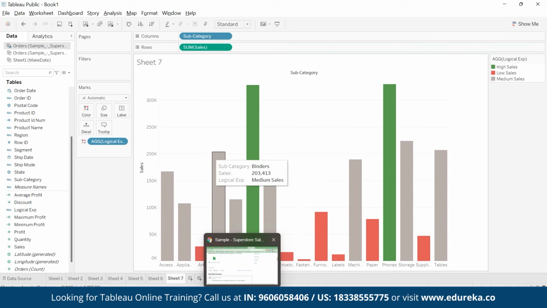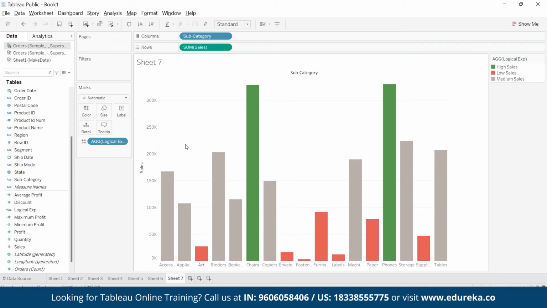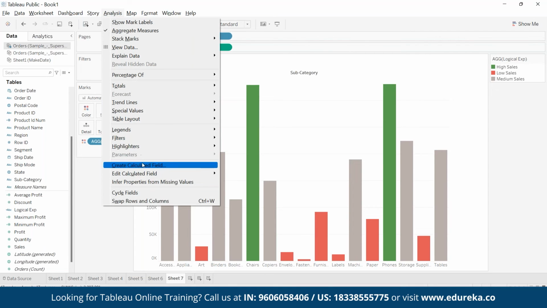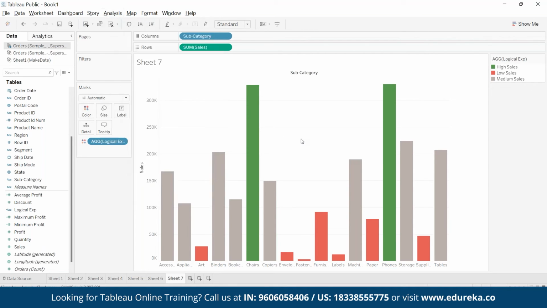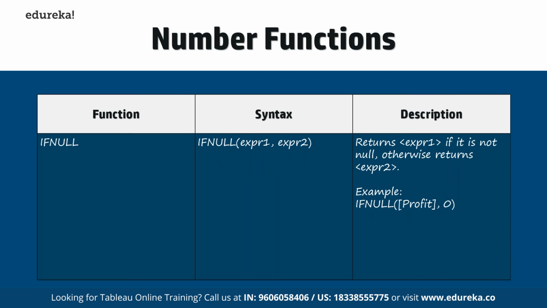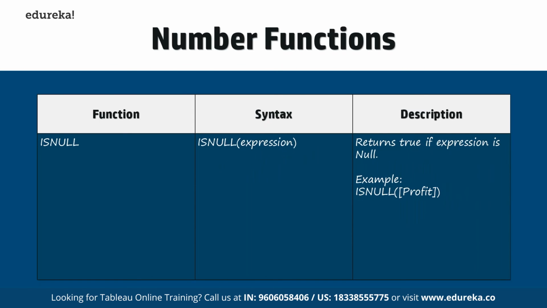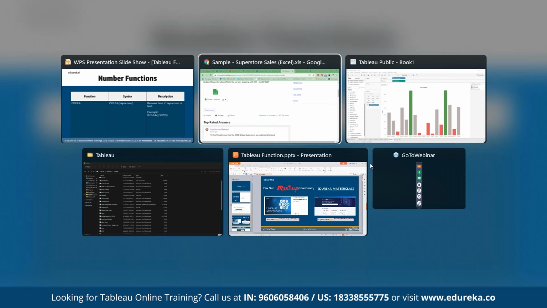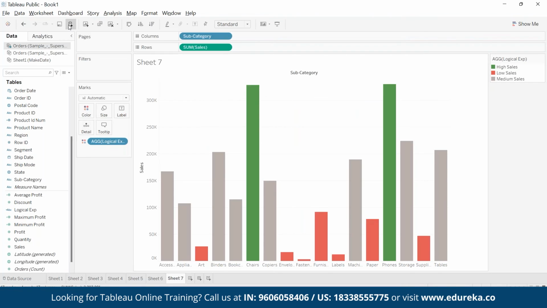Okay, so logical function. Like that, we can use even another expression called a case statement. When you're testing multiple conditions, you can use a case statement also. If, else, and this is all like one group of functions. Is null, very interesting function. It will return true if the expression is null. Okay, for example,